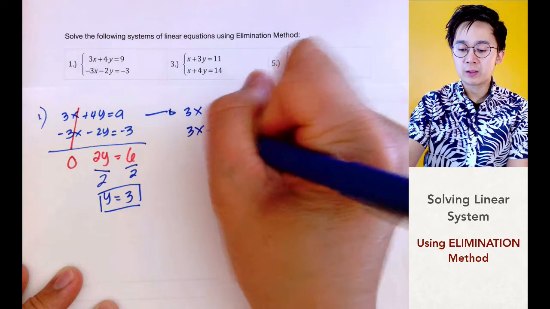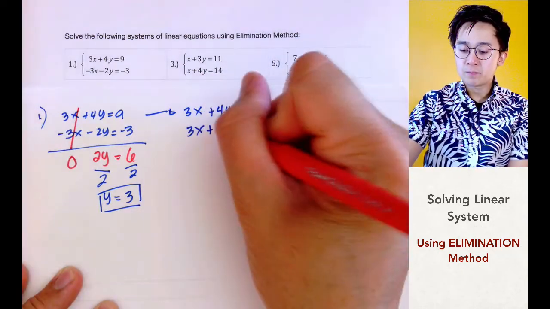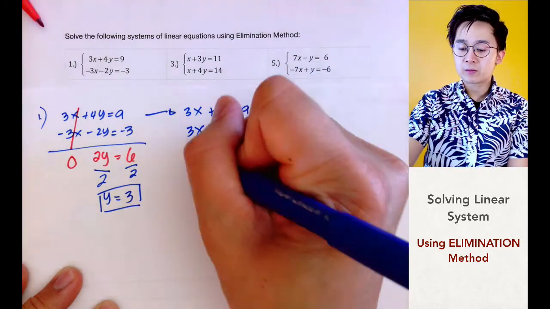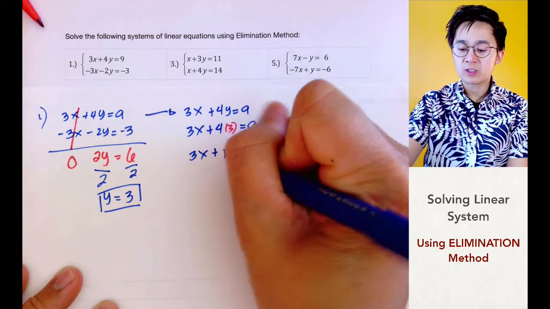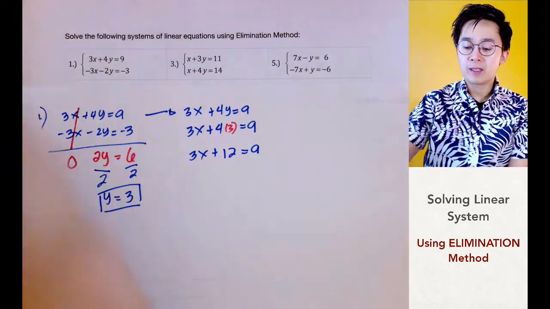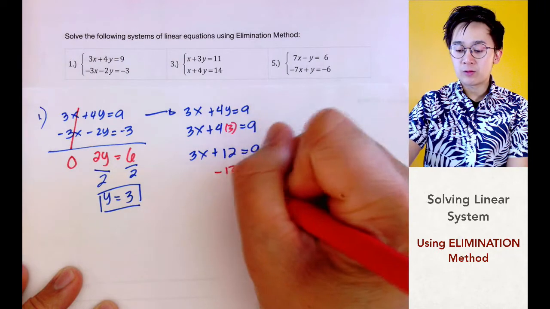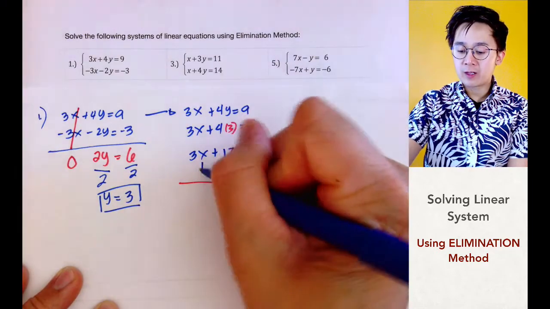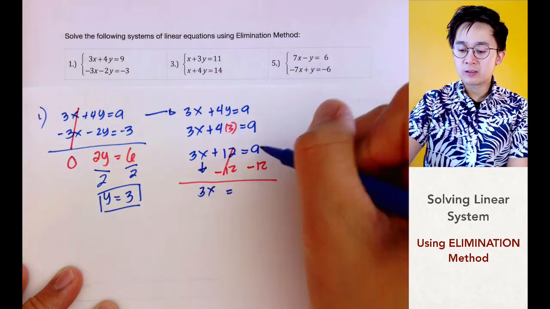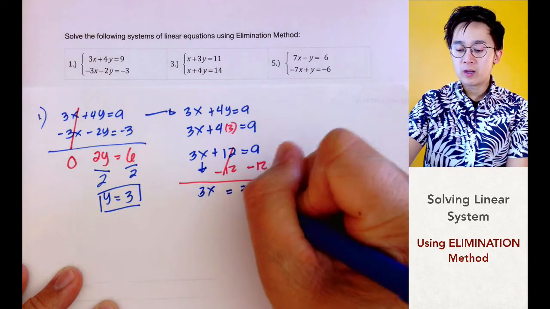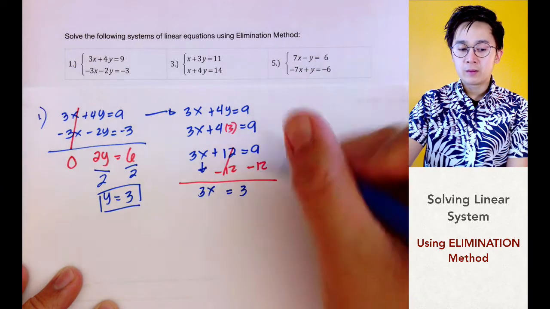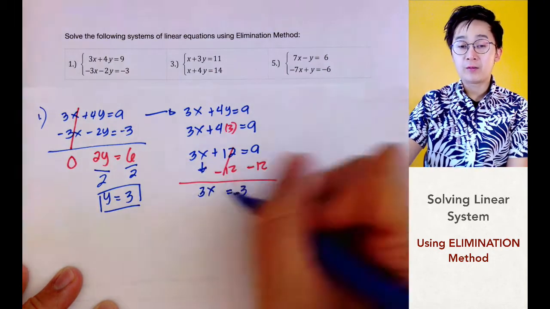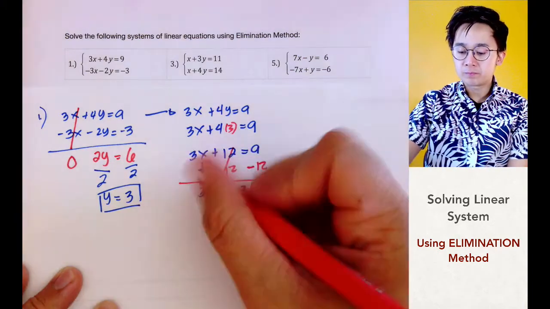So, I'll have 3x plus 4 times 3, and by solving for x, we'll have 3x plus 4 times 3, which is 12, equals 9. And by doing so, subtract natin si 12 on both sides, and this cancels out, and we are left with 3x equals 9 minus 12, which is equal to negative 3. So by dividing both sides by 3,